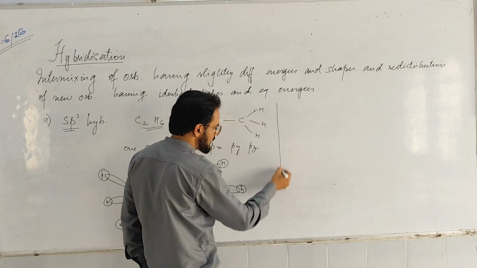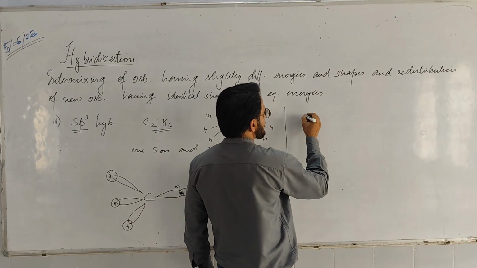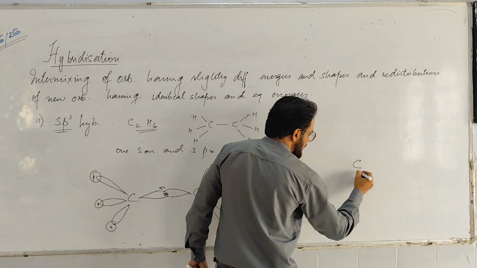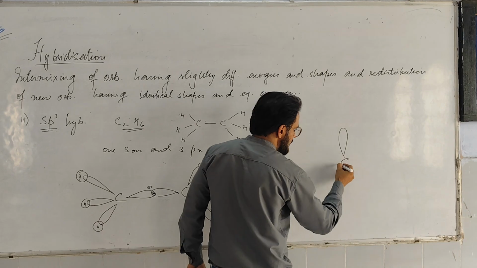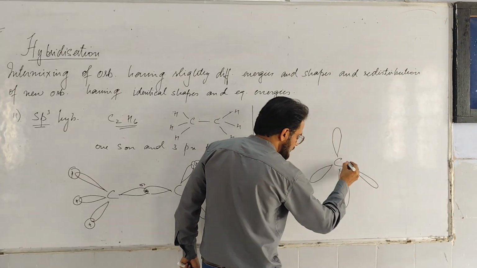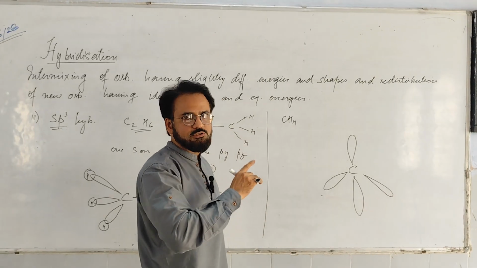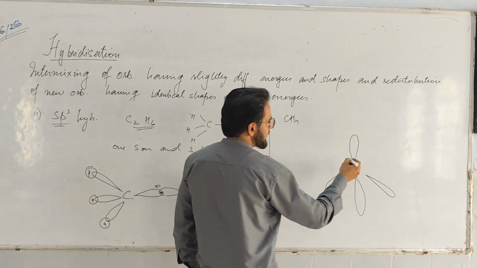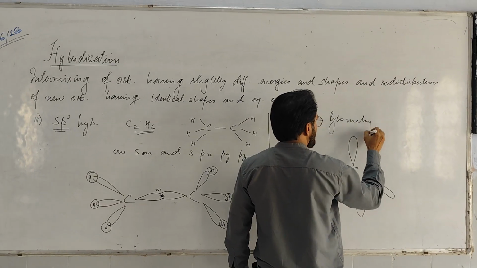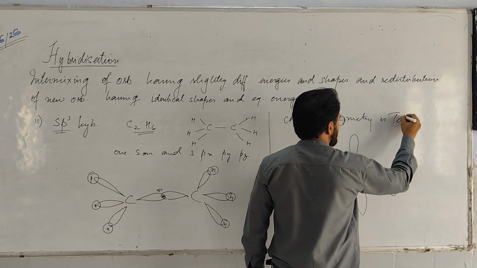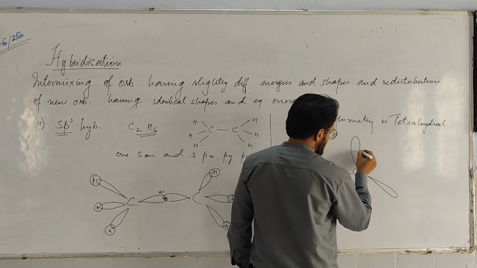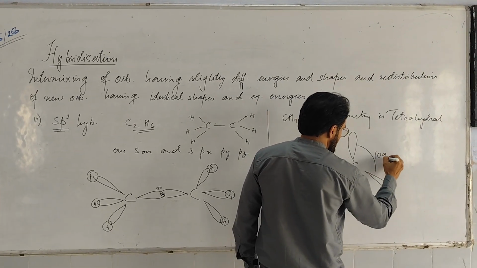For geometry, we have the example of methane. The carbon atom has orbitals headed towards the four corners. That's why the geometry is tetrahedral, with an angle of